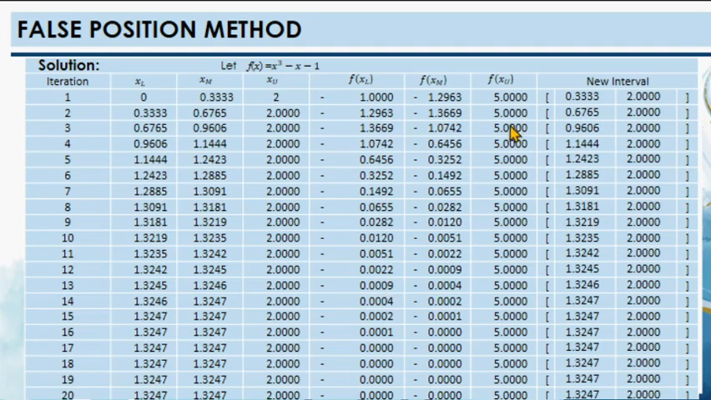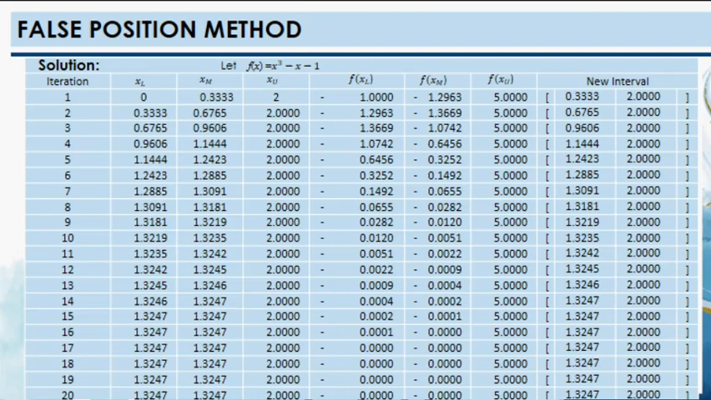So, pwede natin siyang ilagay in tabular form. So, dito, mapapansin natin, after 20 iterations, makukuha natin value for x sub l is 1.3247, x sub m is 1.3247, and yung x sub u natin is hindi nagbago, 2 pa din siya. Yung ating f of x sub L is na-reach niya na yung 0, ganun din sa f of x sub M natin. Yung f of x sub U natin, di pa din siya nagbago, and that is still 5. So, at the end, our new interval is